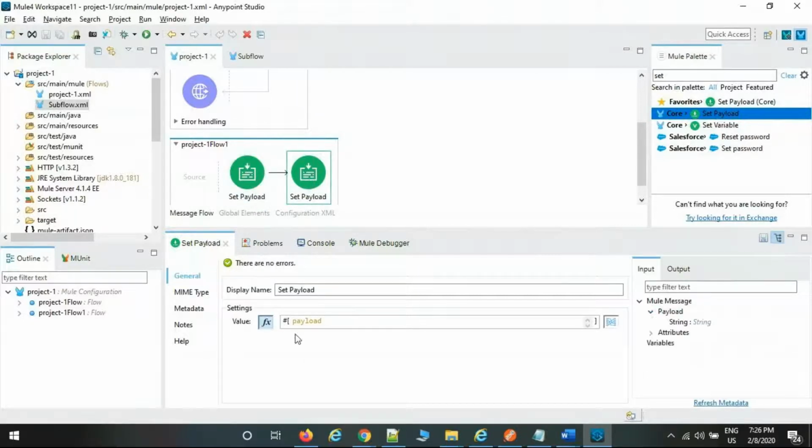Then simply within the brackets you write payload data, hash, this is the syntax. Within the brackets only the predefined syntax is allowed, which you should follow. If I don't want the syntax and want my own content, just uncheck the effects and you can write whatever content you want. But now I want my syntax only, dynamically.